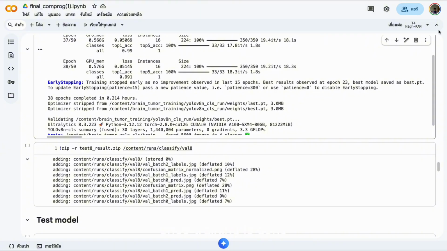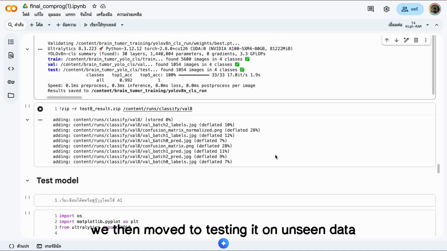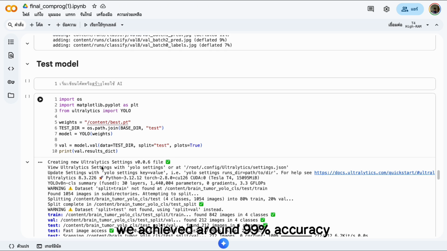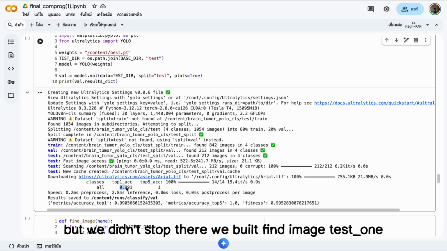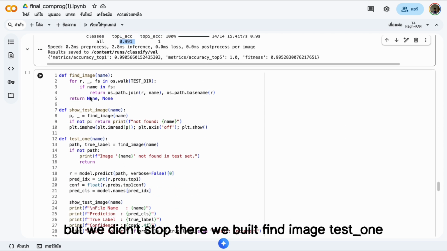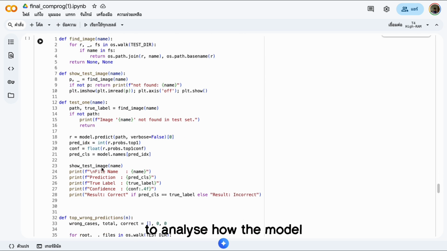Once training is done, YOLO V8 automatically saved the best model as best.pt. We then moved to testing it on unseen data. We achieved around 99% accuracy, but we didn't stop there. We built Find Image, Test 1, Show Image, and Top Wrong Predictions functions to analyze how the model performed on